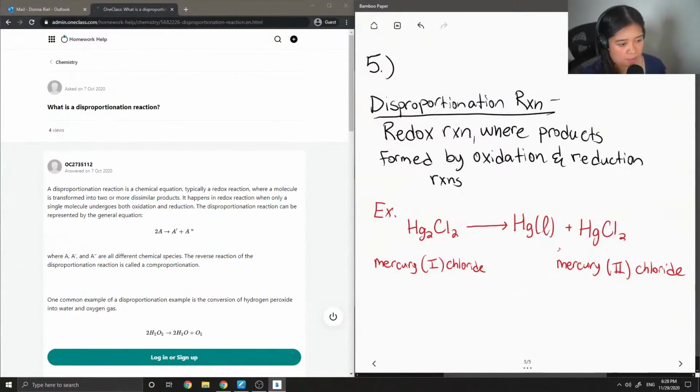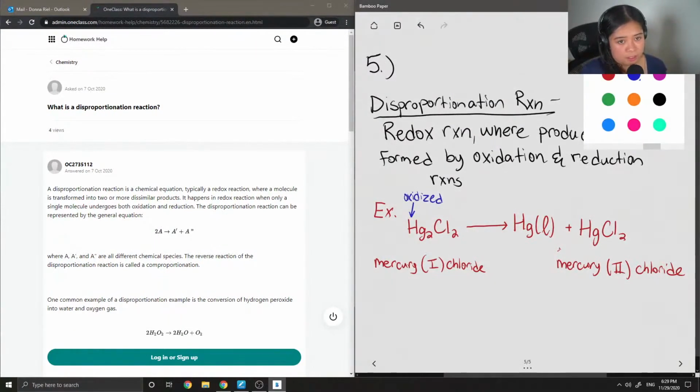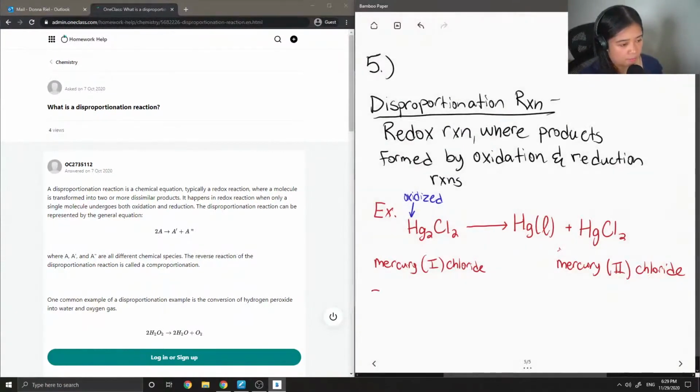So we can see here, if the oxidation state of mercury increased from +1 to +2, we can say that the mercury was oxidized. And that is one example of a disproportionation reaction. Or another one,